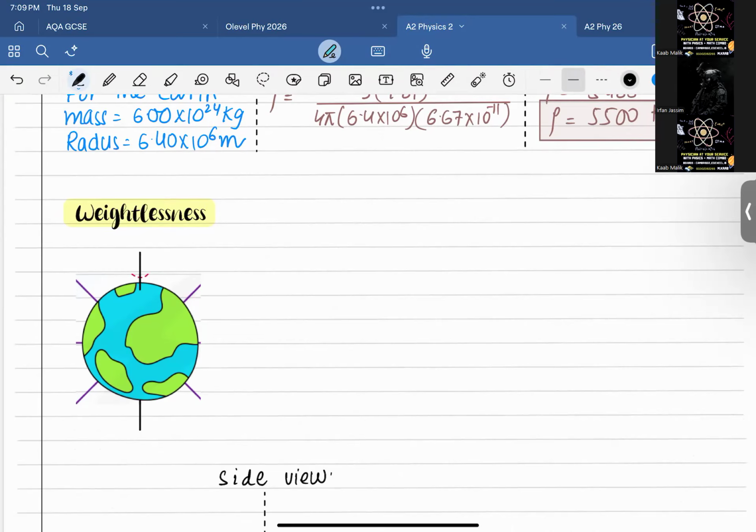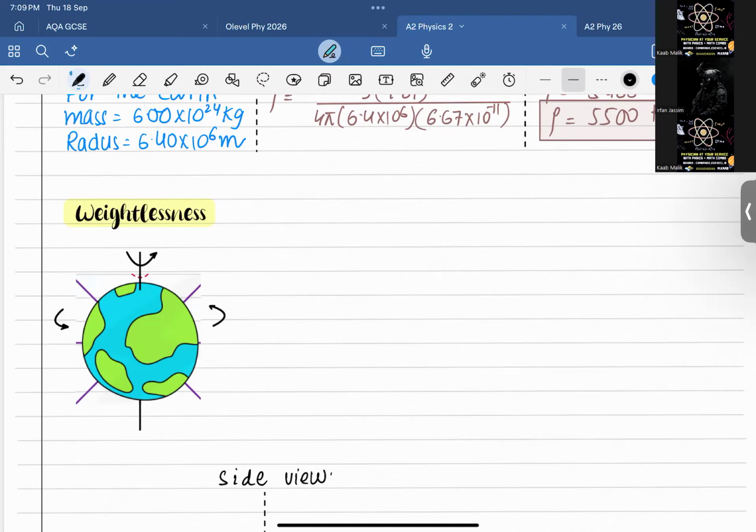So this is the rotation of the earth, and this is how the earth moves. This is how the earth spins. Now, if we